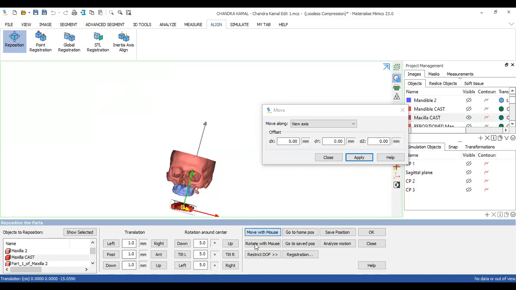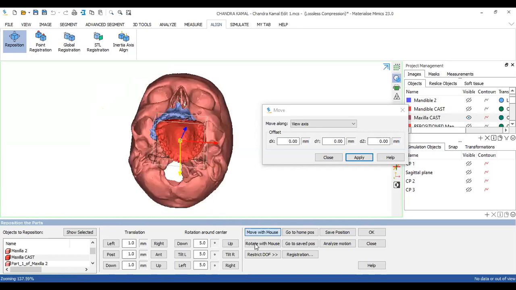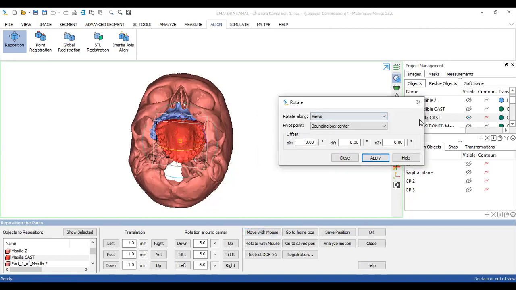What I have to now do is rotate. There's also an option called rotate with mouse just below that. So I'm going to rotate with mouse. Again, you'll have a similar rotate bounding box appearing. You'll have rotate along the views. Again, you can select either the inertia view or define a view for yourself.